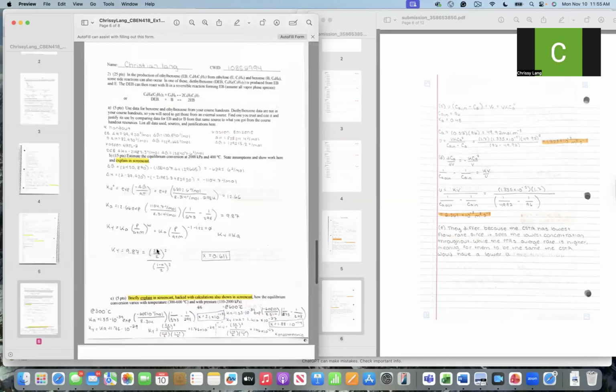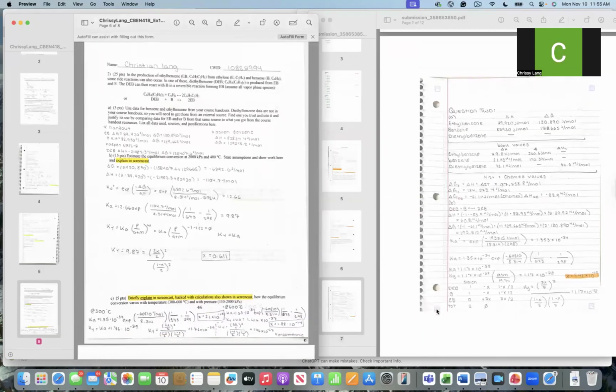For question two, I originally believe I lost points for not organizing my data sources, not clearly justifying the DEB properties, and for a kind of messy equilibrium calculation. In the corrected version for part A, I explicitly list delta H and delta G for benzene and ethylbenzene from the course handout and then obtain DEB data from a single external source, Aspen. I justify that source by comparing its B and E values to those in the handout to show consistency before